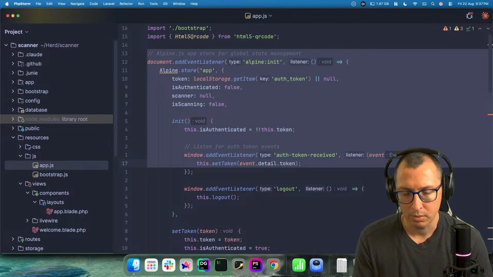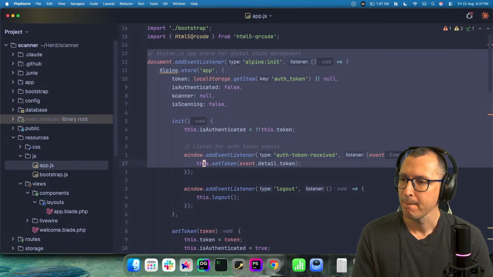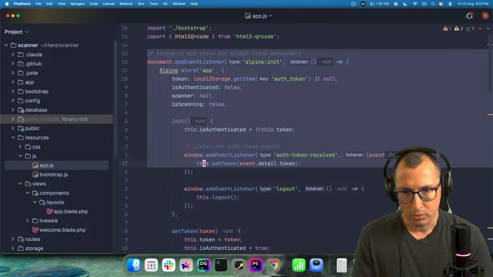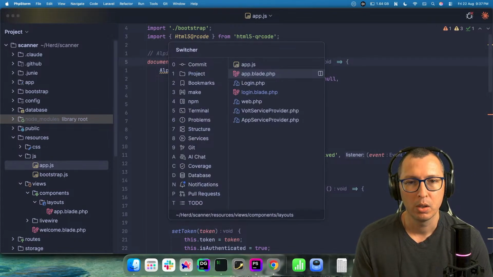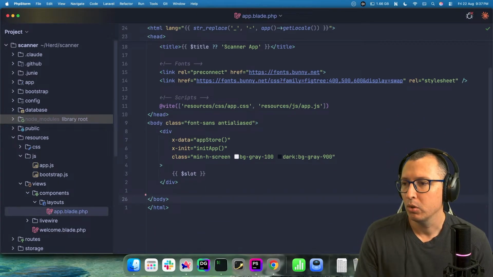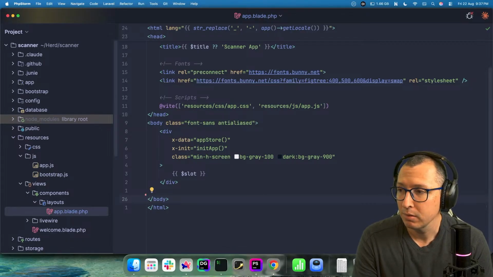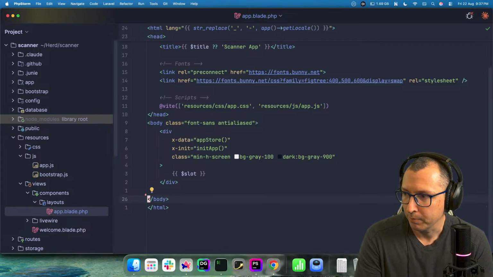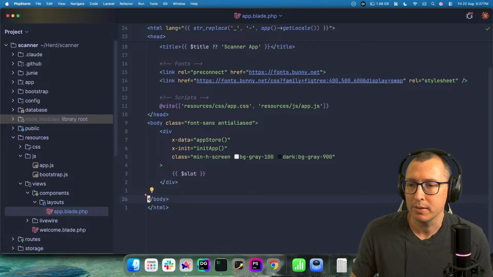So I'm gonna do this. Actually, I'm gonna try something else. Let me go back to app.blade. You don't need to do this. You don't need to use Livewire scripts or Livewire styles in Livewire 3. That is automatically added for you. I think the fact that it's adding it here